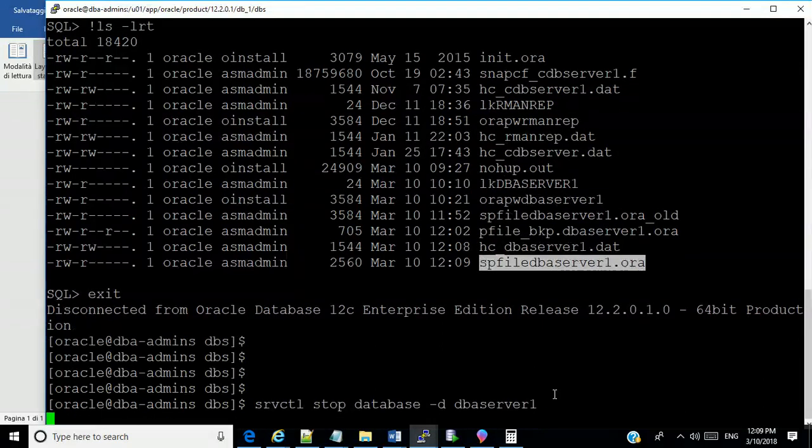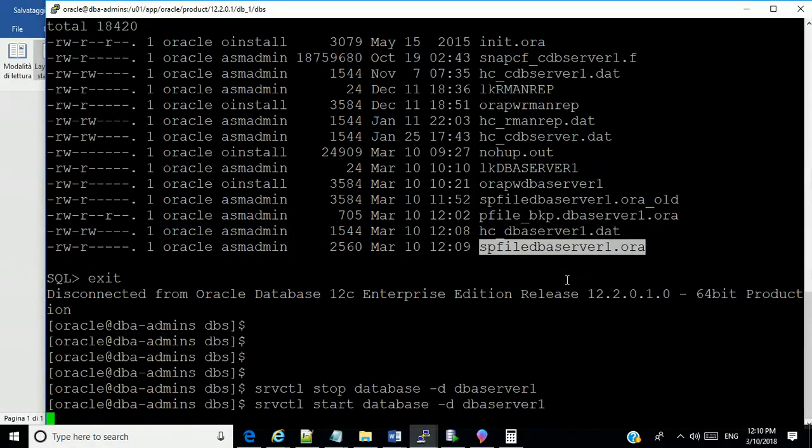So if you start it now, it's going to start off with that SP file. Also, I'm going to show how we can modify certain variables on the fly. I told you that you do not open the SP file to modify it with your hands. There are some variables that can be modified on the fly, meaning while your database is open, while other variables, when you modify them, you have to restart your database to actually use them. Let me just start it here.